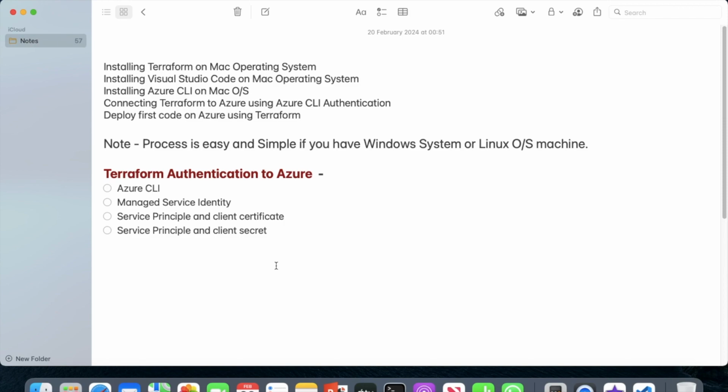Before I move further to show you how you can install Terraform on Mac operating system, I'm going to slightly touch on Terraform authentication methods to Azure. Terraform has multiple ways to authenticate to Azure. There are a few, like Azure CLI, which is a very simple and easy authentication method, which we are going to use today in our